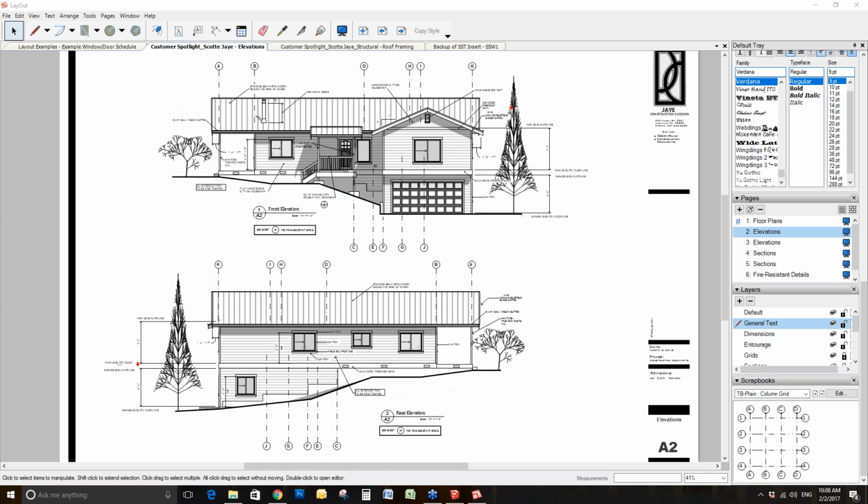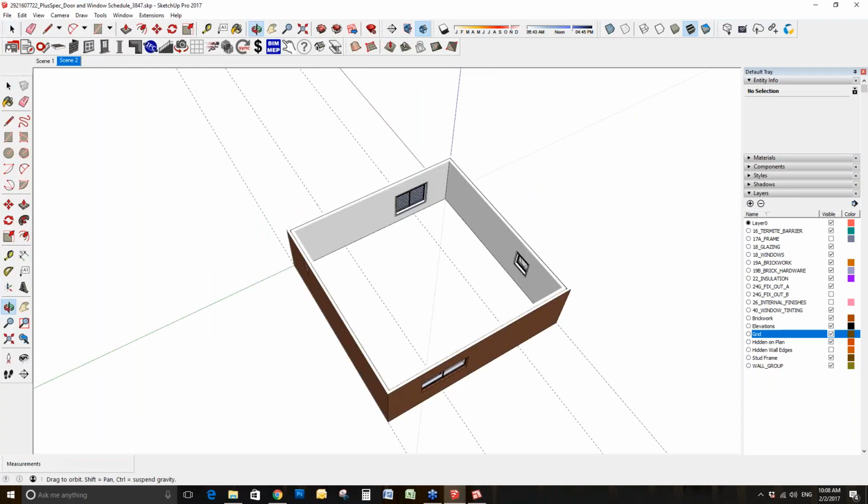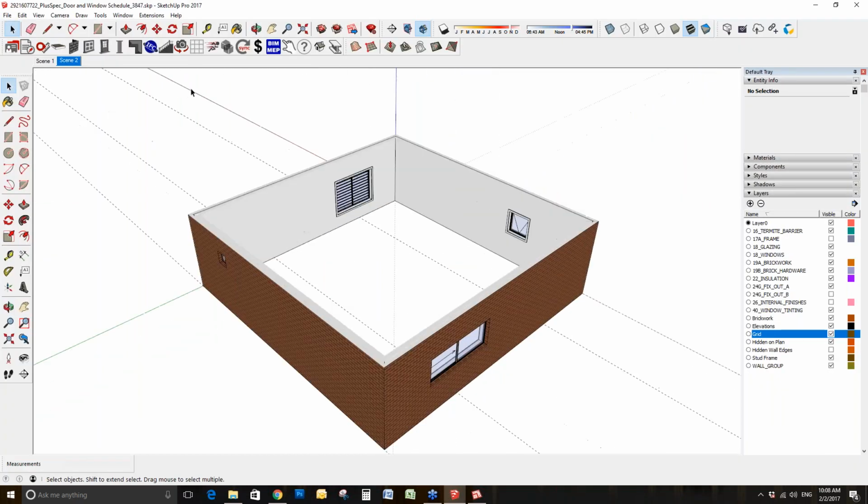Okay, so a couple more questions. Are there free scrapbooks that we can access for electrical symbols, etc.? The good thing with the electrical symbols is that if you do your electrical layout inside of PlusSpec, if you